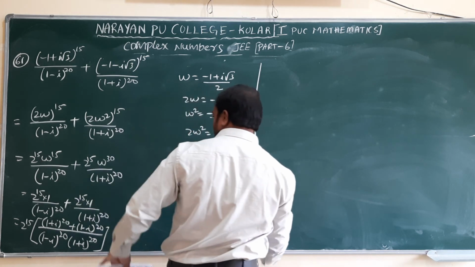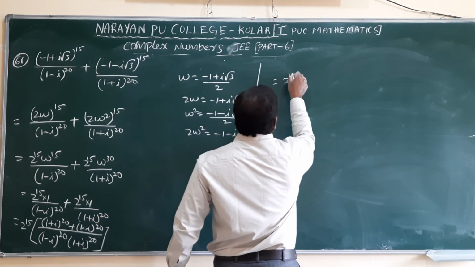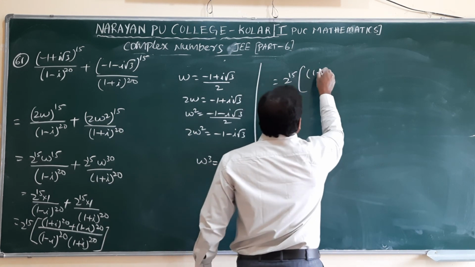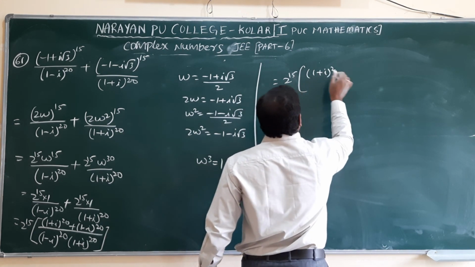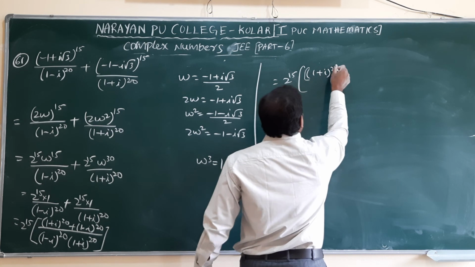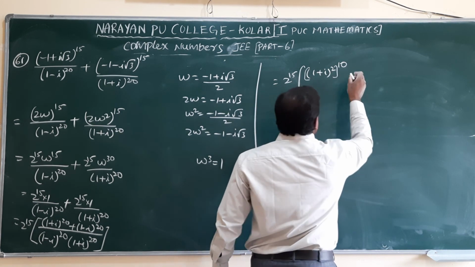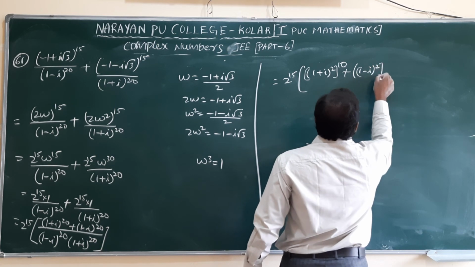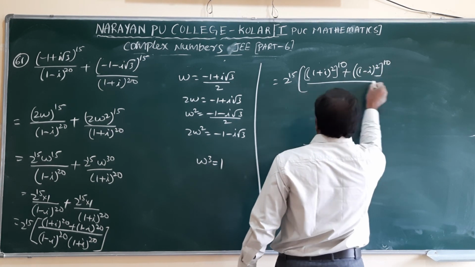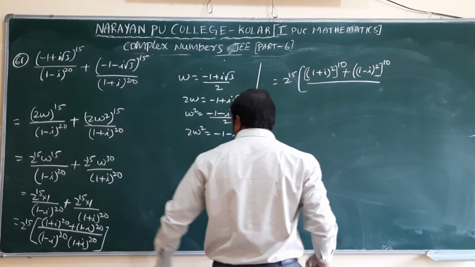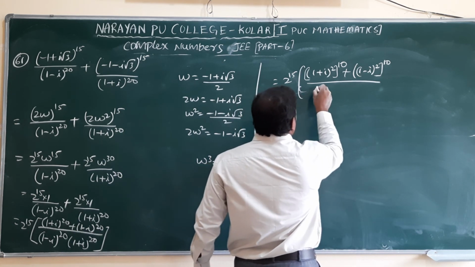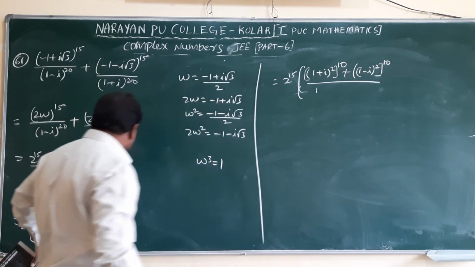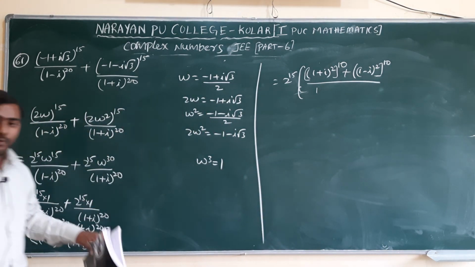Here, 2 power 15 into ((1 plus i) whole square) whole power 10 plus ((1 minus i) whole square) whole power 10 divided by, here a plus b into a minus b, we can write directly 1 square minus i square value, minus of minus, we are getting 1 plus 1